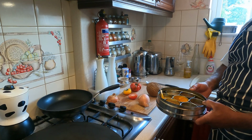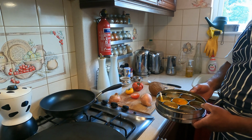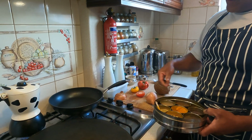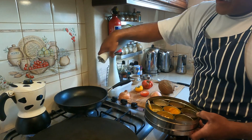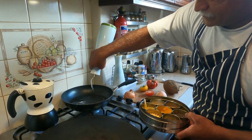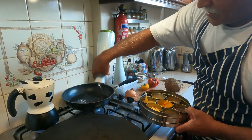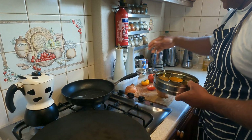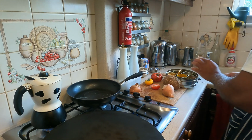We're going to make chutney for dosa. It's seasoning, olive oil into the pan. That should be enough. And